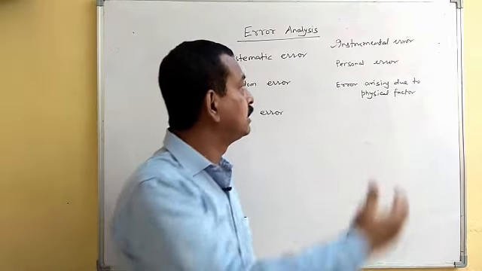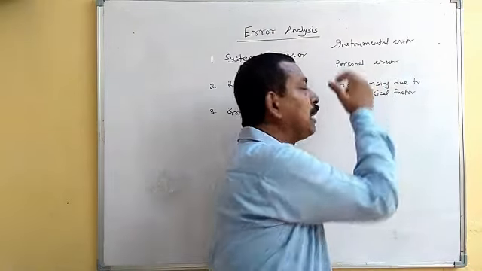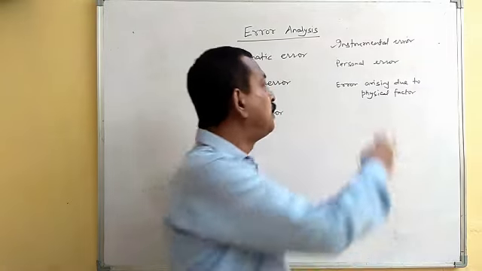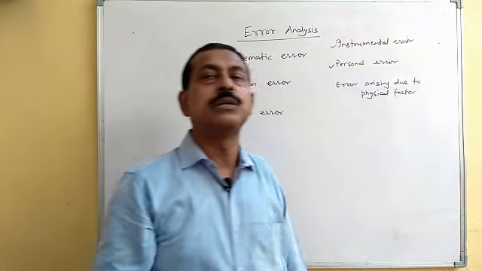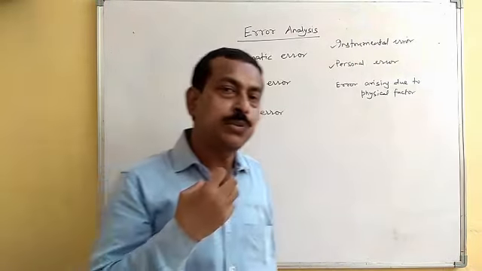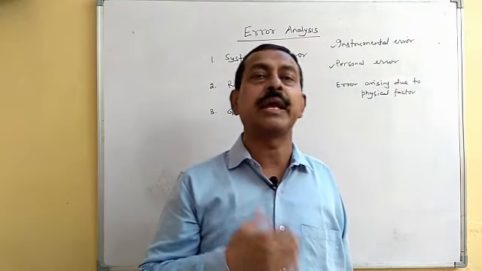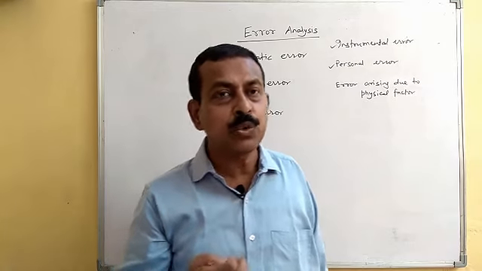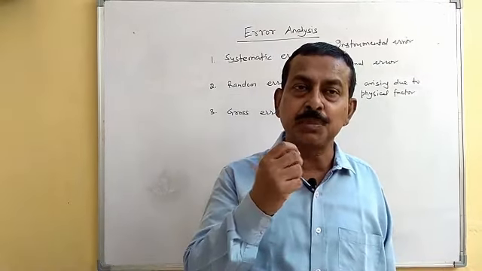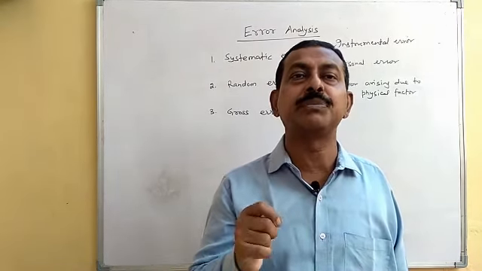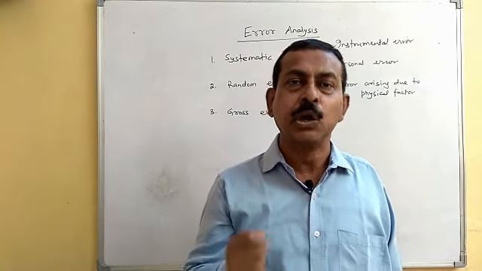Now let's take, then, what do you mean by personal error? Personal error will be there due to a faulty way of taking measurement by the observer or experimenter. The one who is performing the experiment, suppose he has a faulty way of taking measurement. For example,